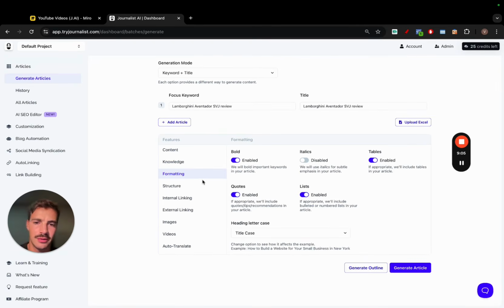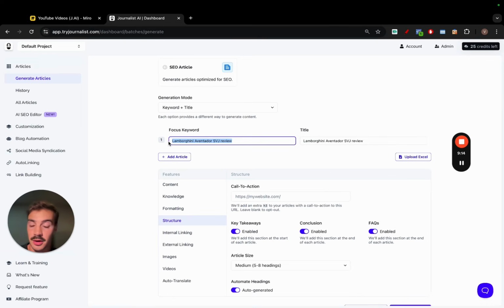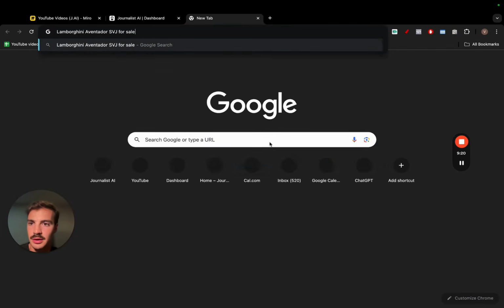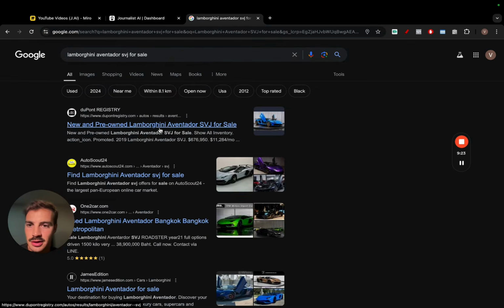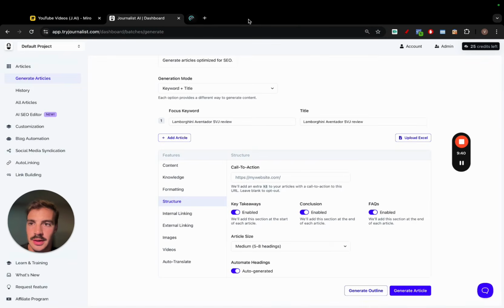Then the basic stuff of the formatting. If you want bolded words, tables, lists, quotes, you can disable all this. Structure, you can have a call to action. So let's say, for example, I want this article to be about a review of this Lamborghini, right? But let's say my business is, I sell cars. Let me just go here and type in Lamborghini Aventador for sale. And let's say, for example, this was my actual website, right? I sold these cars. So we just click this one, for example, just copy the URL as such